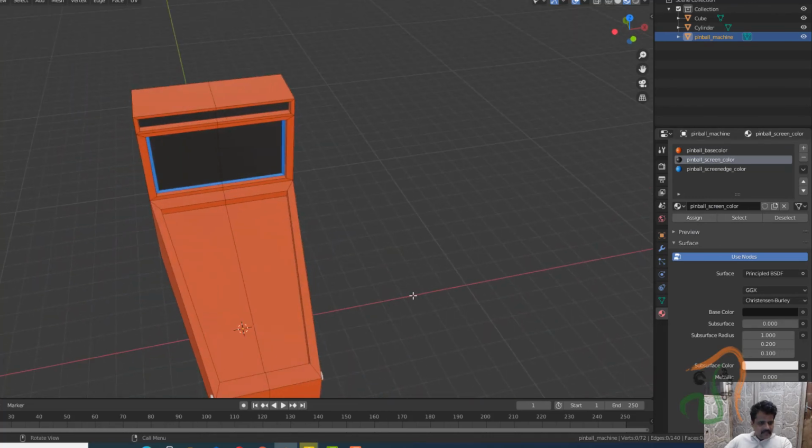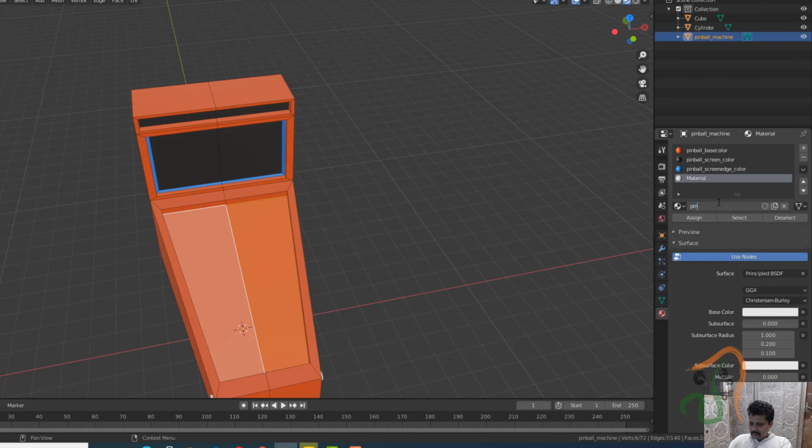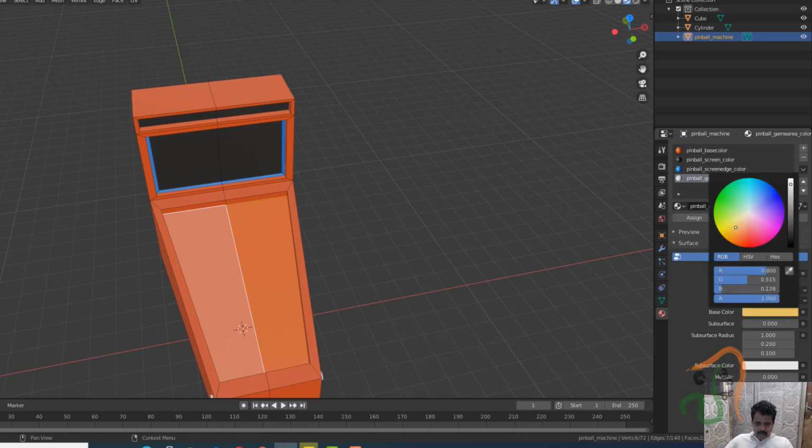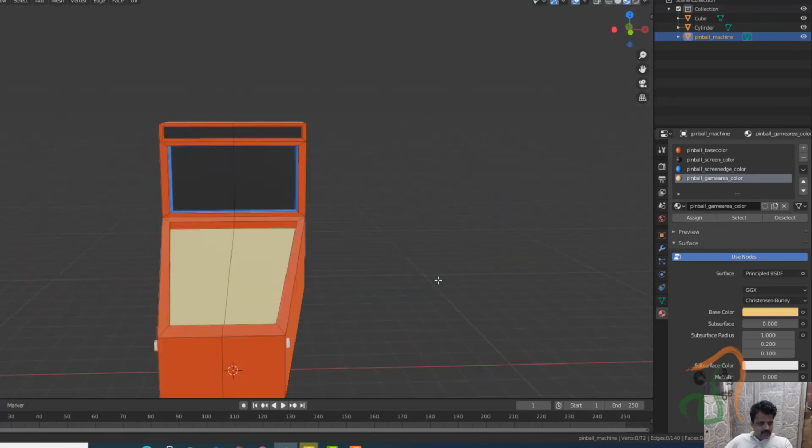And finally select this entire area over here, and for this pinball area let us create a new material and call this pinball underscore game area color, and then choose some light yellow color and click assign. So one second, this has not been assigned correctly, so let us again select this color and click assign. Okay, so we have some colorful material applied,